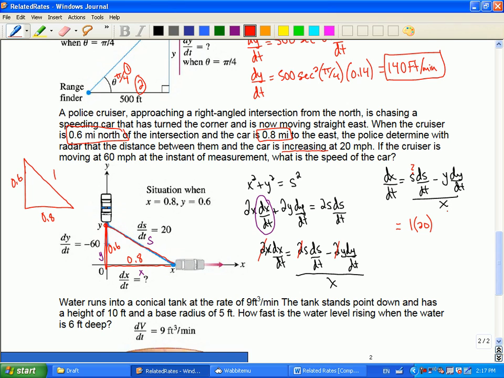But there might be a time when it just says the car is traveling 20 miles per hour, or the distance is changing at 20 miles per hour. You'd have to make that decision. So it's positive. We know that y is 0.6, and